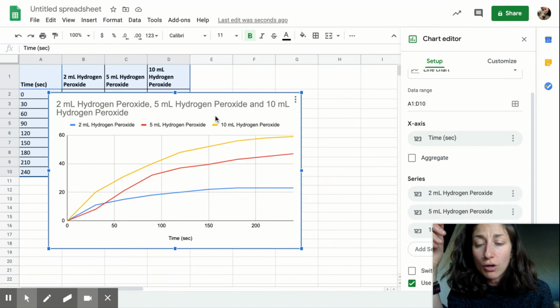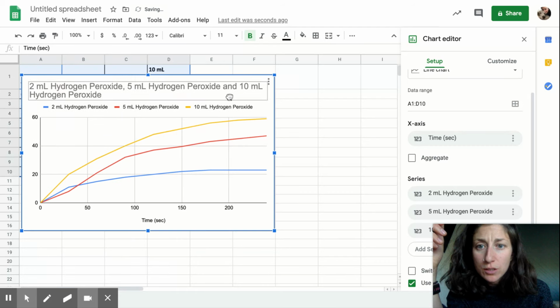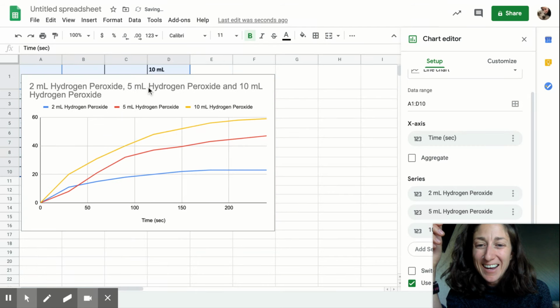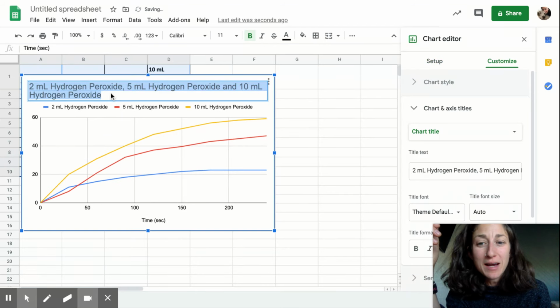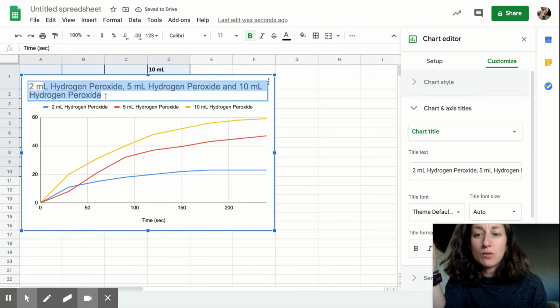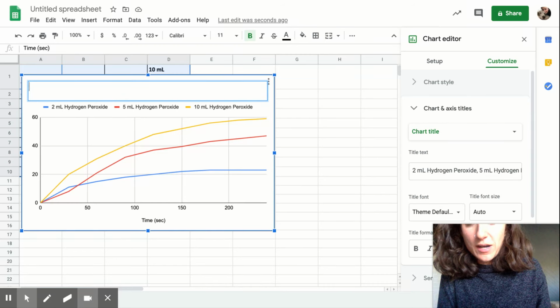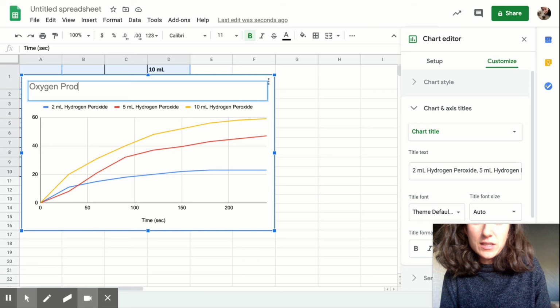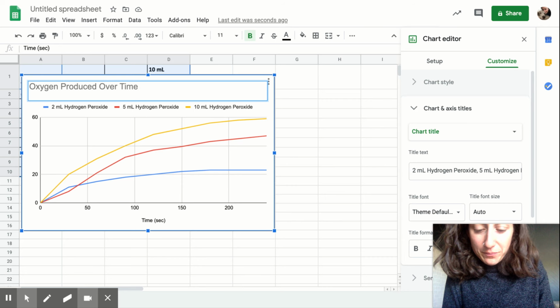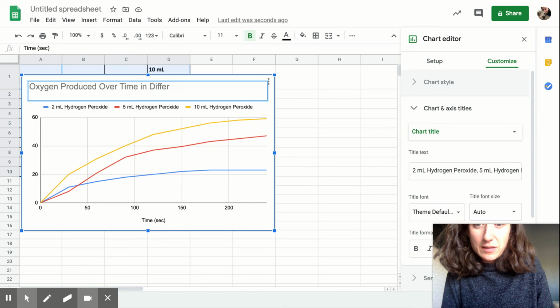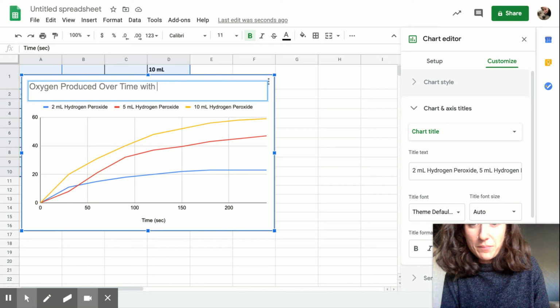You should also see that this title comes out as whatever the groups are. So I'm going to change this to oxygen produced over time